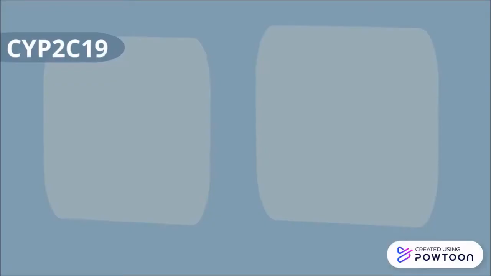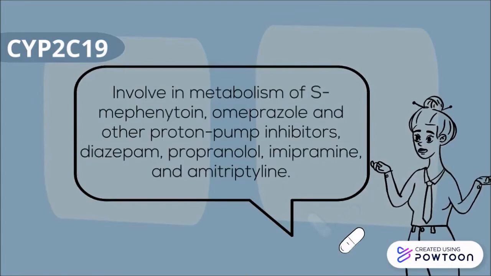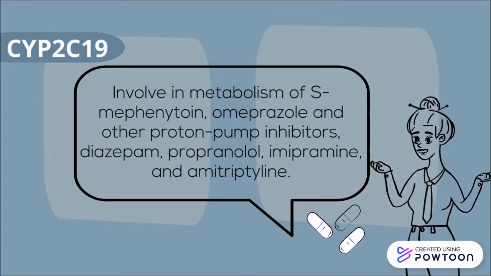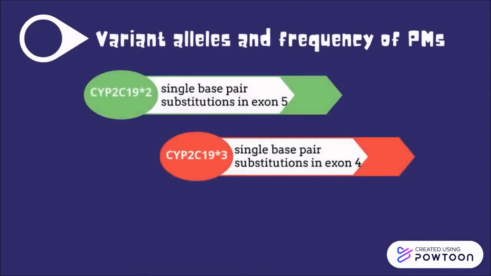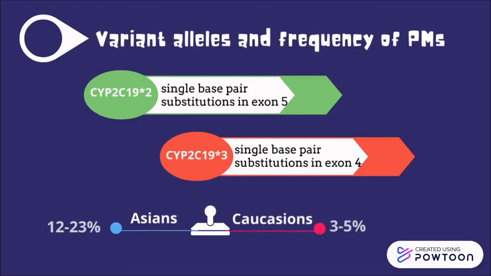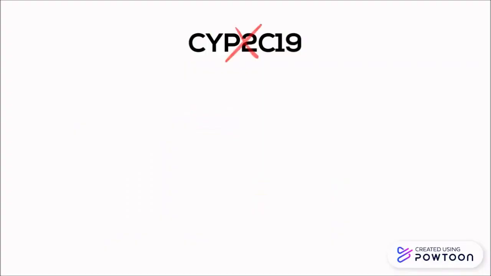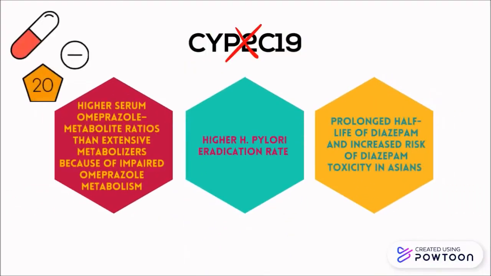Cytochrome 2C19 is involved in the metabolism of S-mephenytoin, omeprazole and other proton pump inhibitors, diazepam, propranolol, imipramine, and amitriptyline. The variant alleles in poor metabolizers arise from single base-pair substitution in exon 4 and 5. About 12 to 23% of Asians and 3 to 5% of Caucasians are poor metabolizers. Poor metabolizers of cytochrome 2C19 may result in